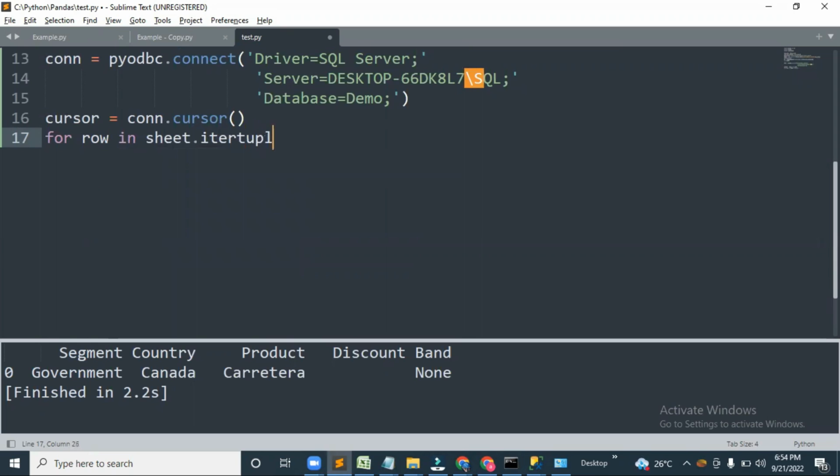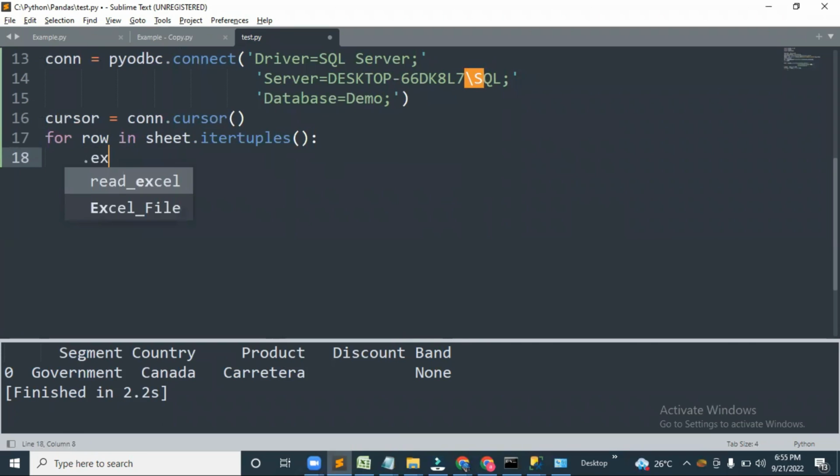Iter tuples is basically a keyword for iterating row by row. Now I can indent, and now let me use the